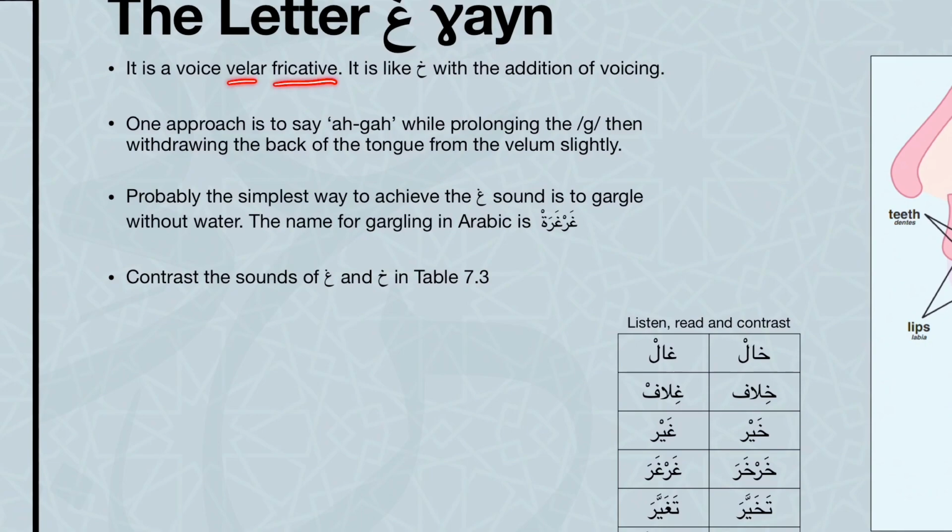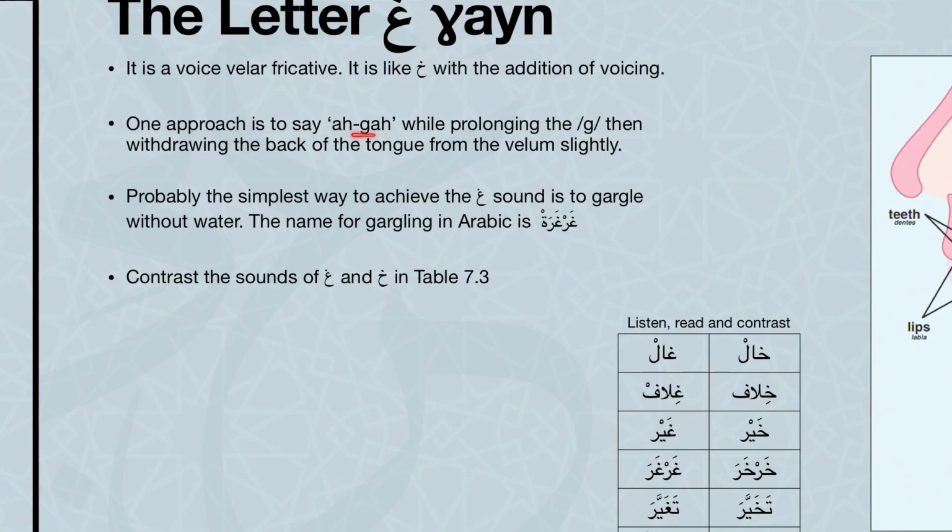Velar fricative. Fricative, of course, indicates there's friction, like the letter kha. Ghain also occurs in the same place. It has friction, but in contrast to the letter kha, there is voicing with the letter ghain. One approach is to say